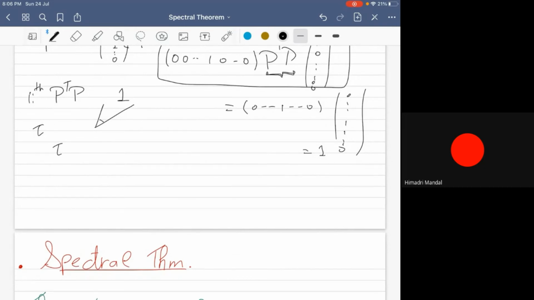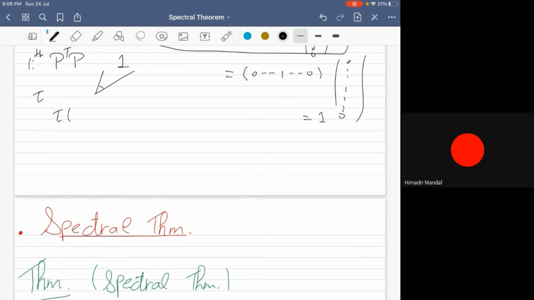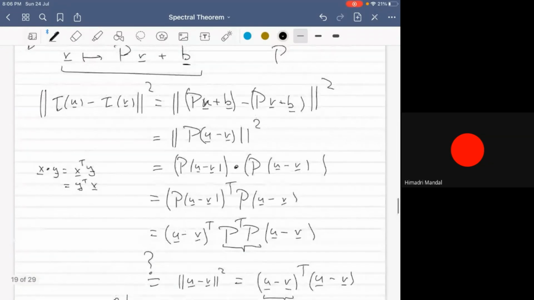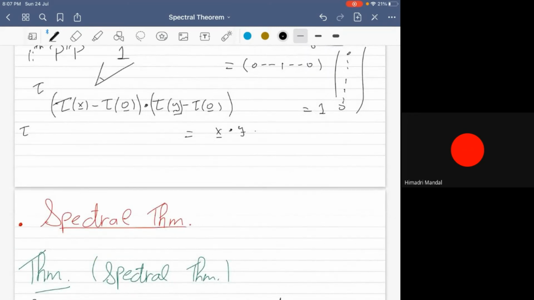So considering T of some vector x dot T of y, we would have this is x dot y, and from that we would have that T of x minus T of 0, this dotted with any other such thing, would be equal to x dot y, and using this, and that T is given by this,